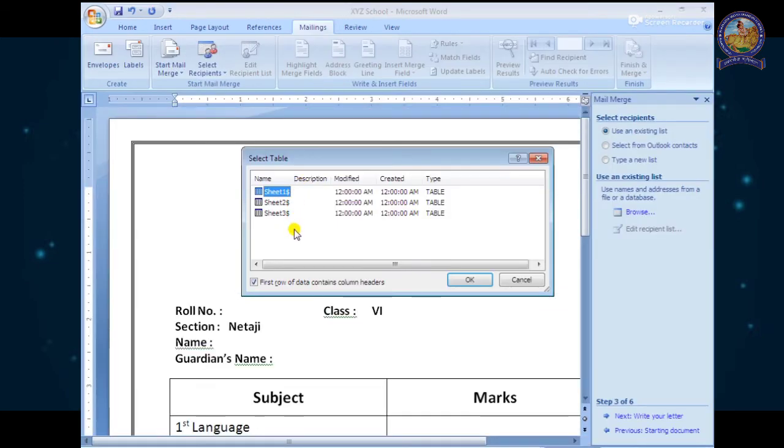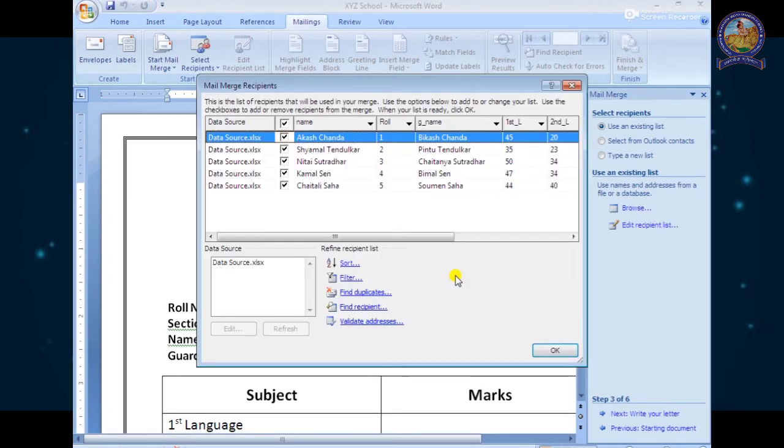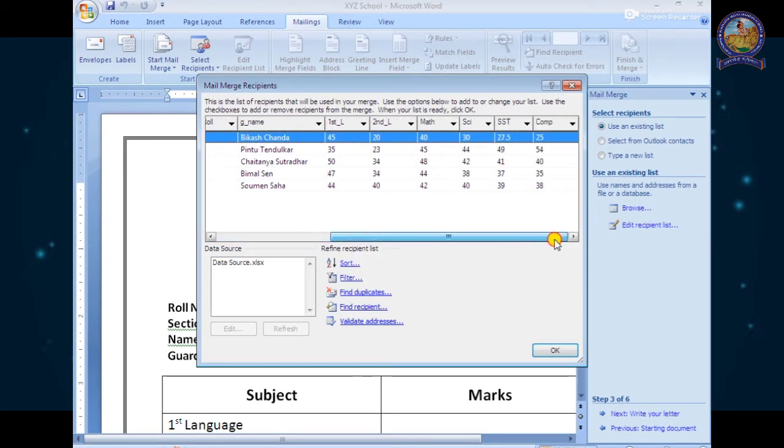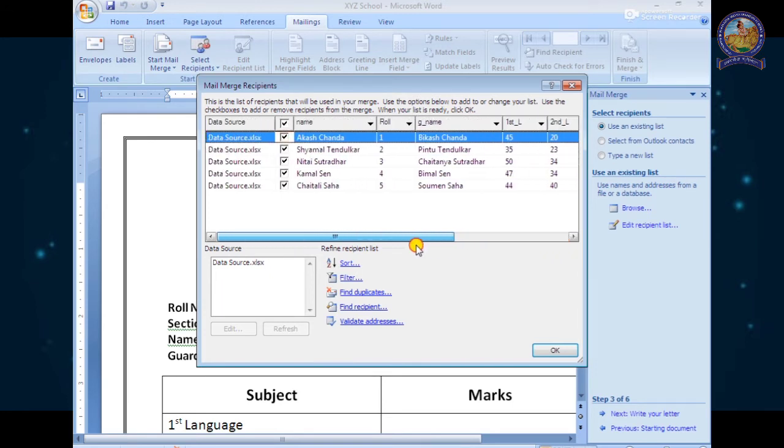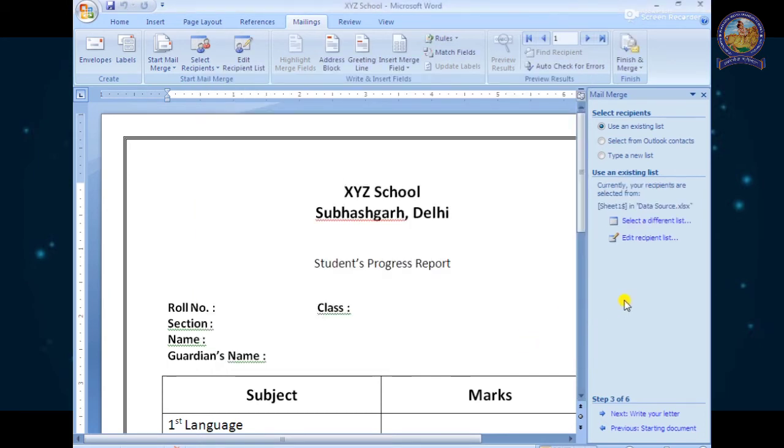Remember your data is in Sheet 1. So click on OK. As soon as you click on OK, the data present in Sheet 1 is displayed here. You can see all the data that I have entered. So click on OK. Now our list is already selected: Sheet 1 in data source.xlsx.